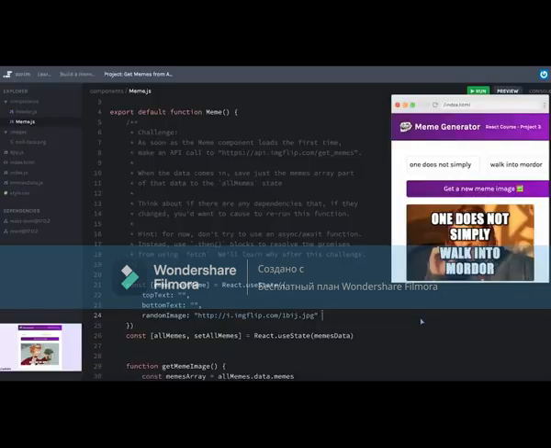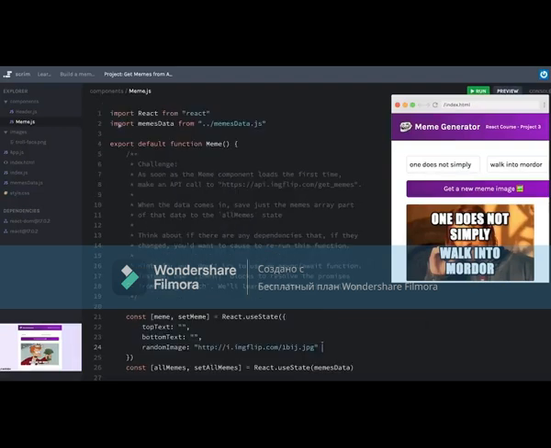All right, we've made it to the very last challenge of the meme generator, and then we'll have completed the project. If you remember, up until now, we've been importing our